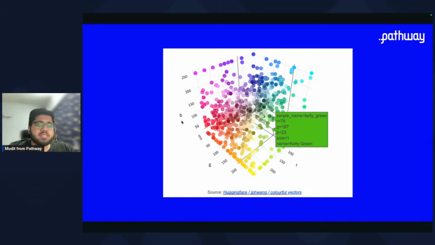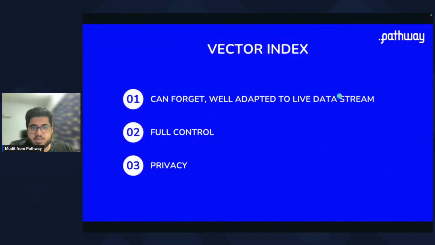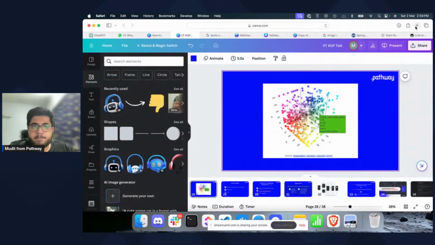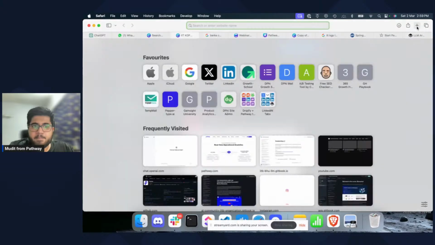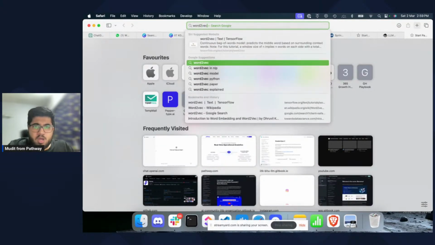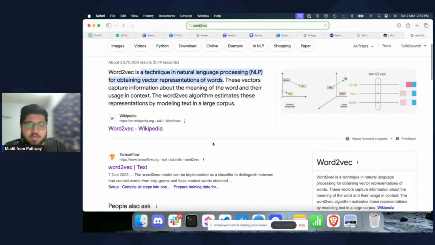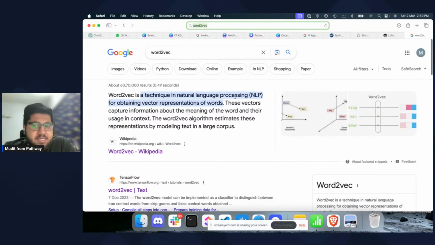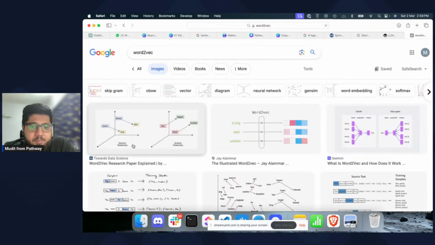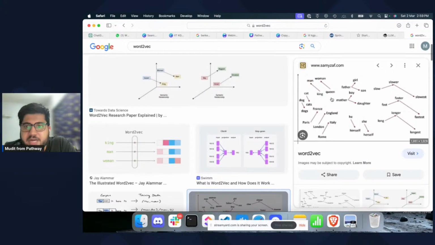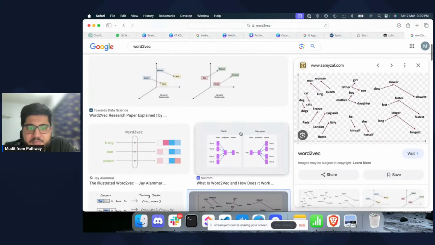And all of this actually came out of a seminal paper called word2vec. You can go and check out this particular paper. It was published by folks at Google. This was the first time they demonstrated the power of word vectors, and they showed it in a numerical format, where in this particular space, things with a similar meaning are grouped together.